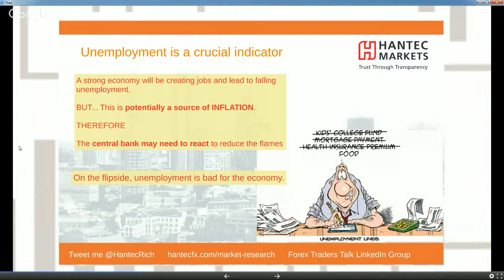As you can see here, you've got the flip side, which is unemployment being bad for the economy when it goes up. You can see in the little diagram that the guy who is formerly employed has got to make some big decisions in terms of his spending patterns, and things get crossed off the list when you don't have the money to do that. That has a direct feed through into the economy, and if that happens in aggregate, you're going to see a significant impact.